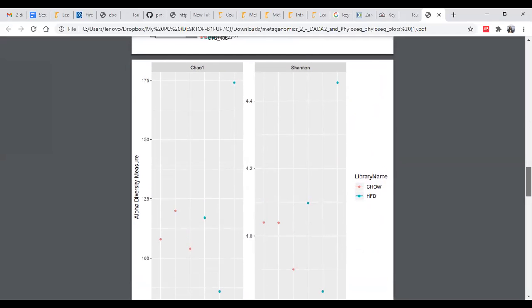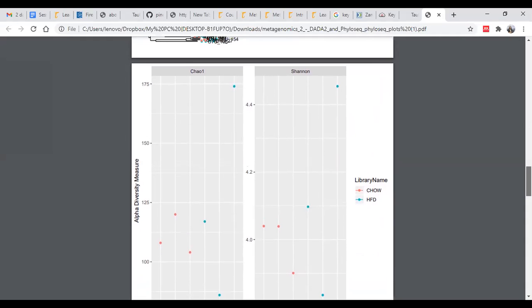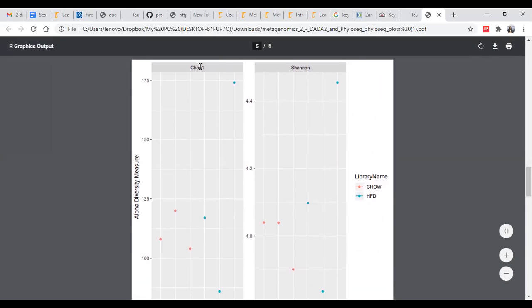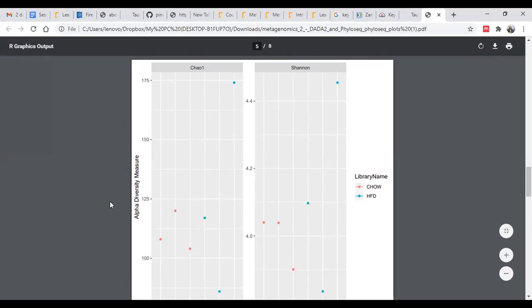To calculate the diversity, that is alpha diversity, what are the different measures? Next are Chao1 and Shannon. These are two important measures that quantify your alpha diversity.